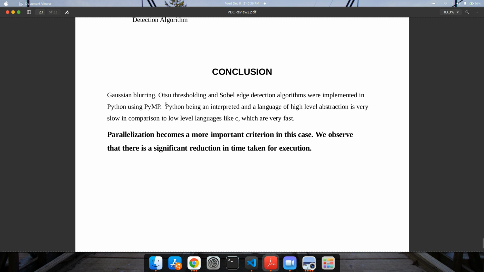So we have used Gaussian blurring, thresholding, and the Sobel edge detection algorithm in Python using PyMP. Python, being interpreted and a language of high-level abstraction, is very slow in comparison to low-level languages like C, which are very fast.